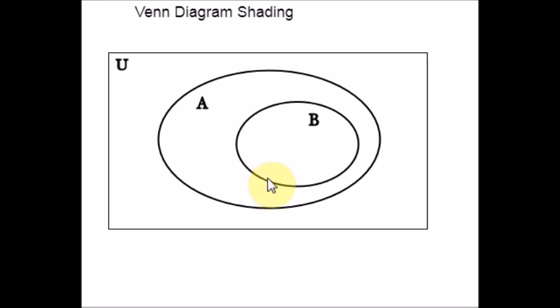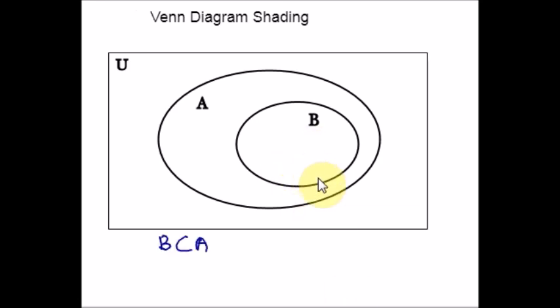So if we have two sets, there are three possible ways they could be related. Let's call our two sets A and B. First, I'm going to draw a Venn diagram for a subset of another set. For example, let B be a subset of A. One set is a subset of the other. Here, B is a subset of A. Subset means it contains elements of A. It lies within the circle A. Does this make sense to you?